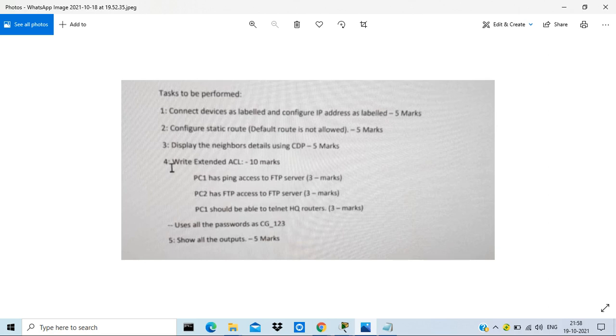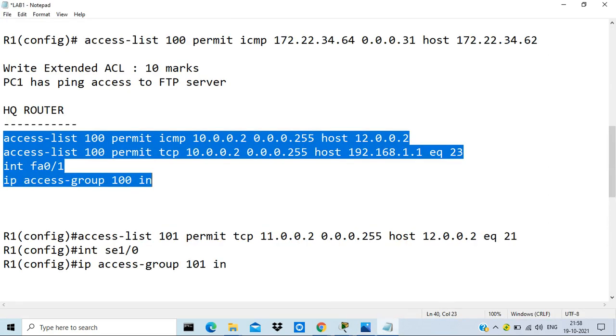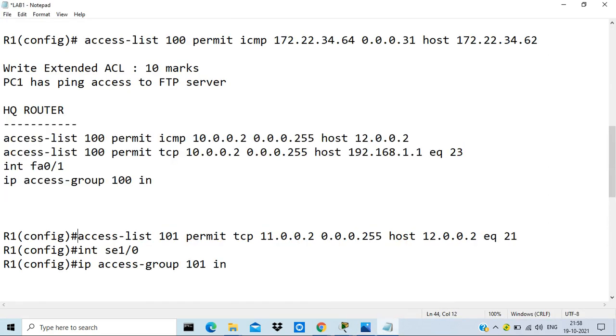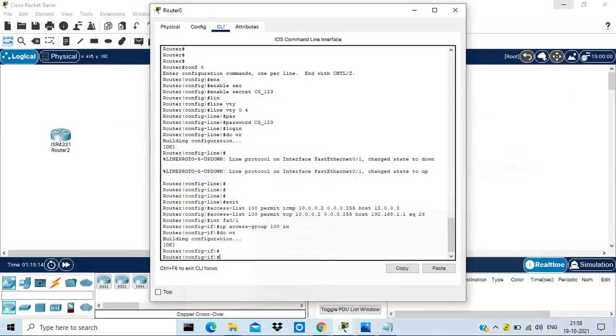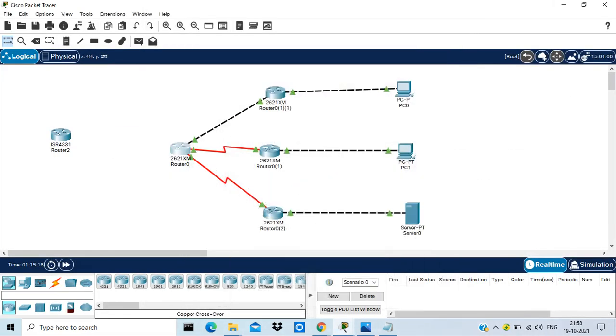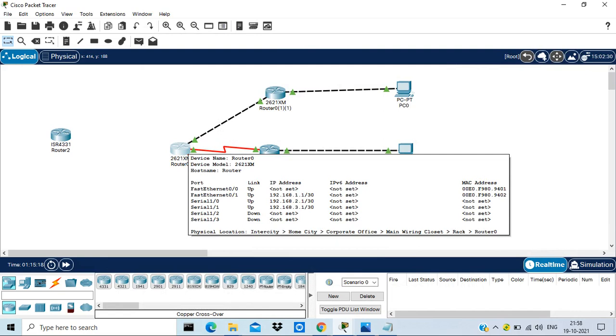So for PC2 I need to enable one more access list, and that is this one. I have given a separate number because I am going to enable it on a separate interface, that is AC1 by 0, because AC1 by 0 is the interface connected to 2.1, that is the branch 2 network.